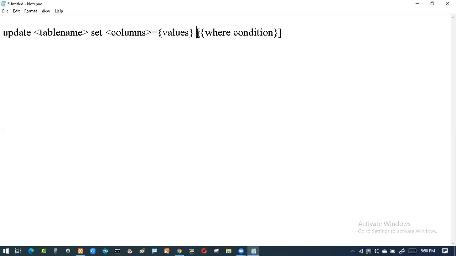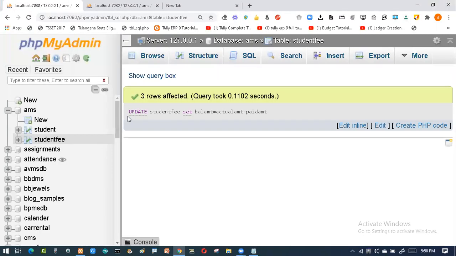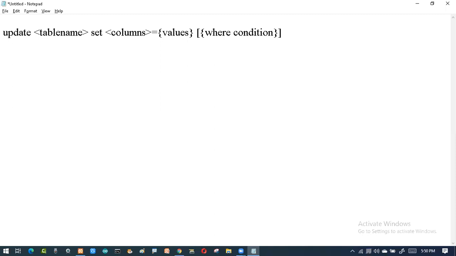So when I'm writing this in square brackets, you can think that this is optional. You can write it or you may not write it. Why we write or do not write it depends upon the scenario. As I told you, I have written two commands. So this command is for all. If it is applicable for all, I'll write like this.